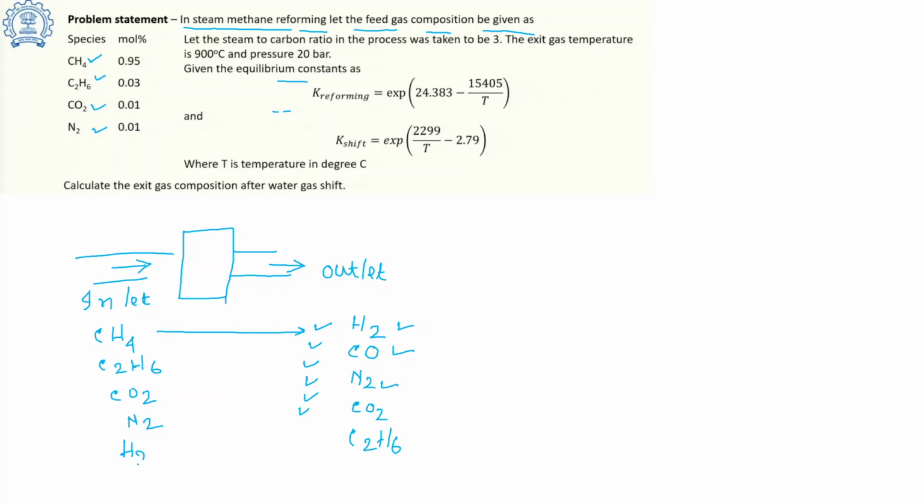Water is also used here because water reduces coke formation, and some water will also be in the outlet. These are the inlet gas and outlet gas. We have to see the inlet as well as outlet mole fractions. How can we calculate them? Here the given mole fractions are